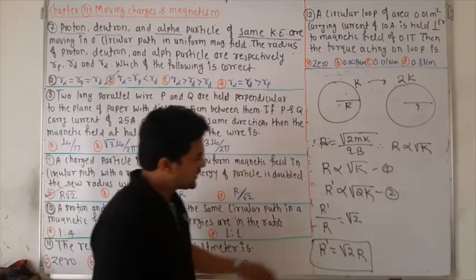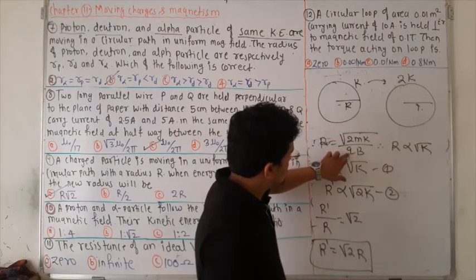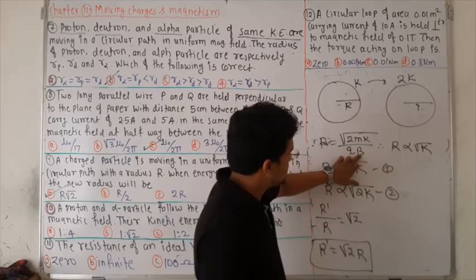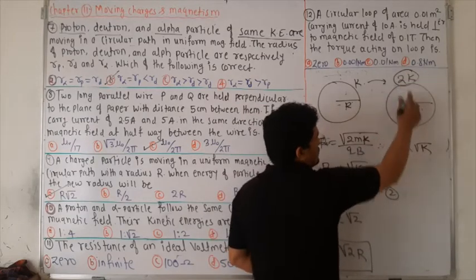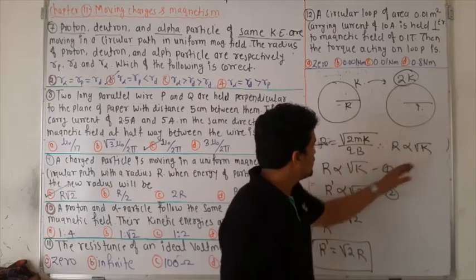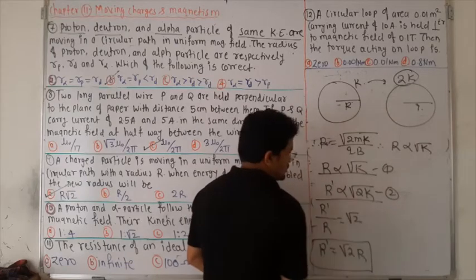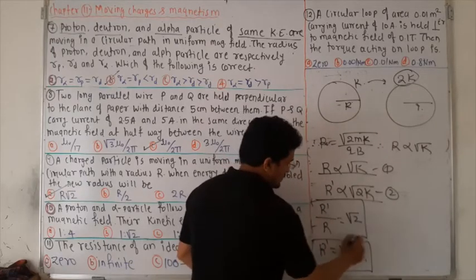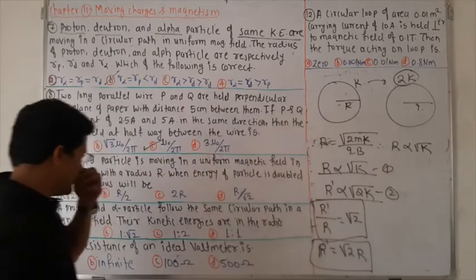So you have to take just two equations, because from this equation mass will be same, charge will be same, and the magnetic field will be same. So r is directly proportional to what? K, because k is only changing, not mass, not charge, and not magnetic field. If you change the k, then what will be the value of the new radius? Make this equation 1, make this equation 2, divide these two equations, you will get this, and the new radius will be root 2 times r. Okay, next one.